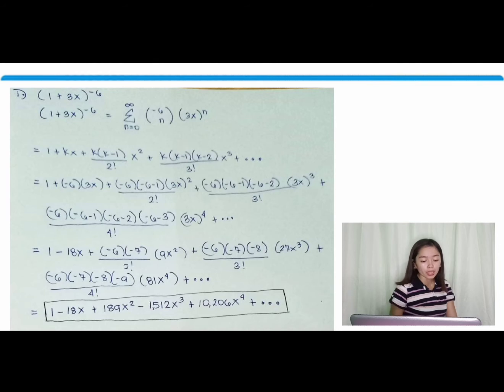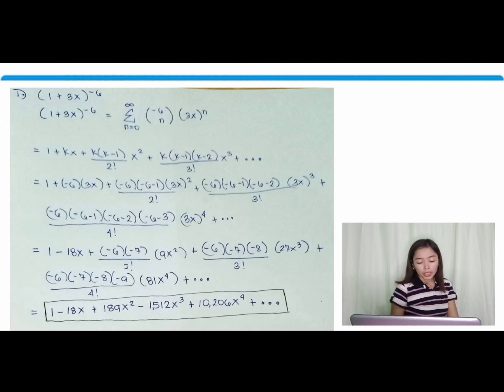Now, using the formula 1 plus kx plus k times k minus 1 times x squared over 2 factorial plus k times k minus 1 times k minus 2 times x cubed over 3 factorial and so on, we have 1 plus the value of k, negative 6, multiplied by the value of x, 3x, plus negative 6 times negative 6 minus 1 times 3x squared,